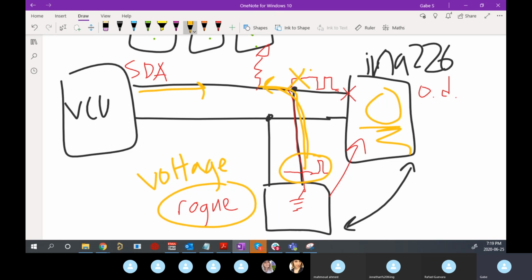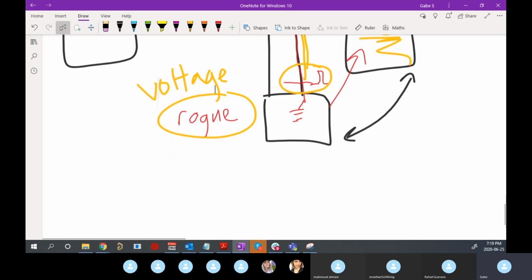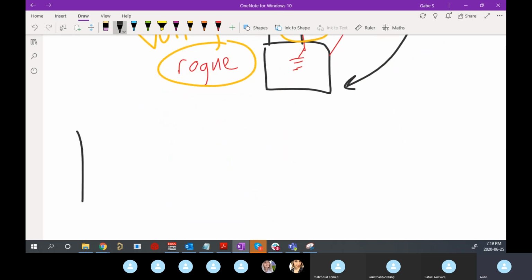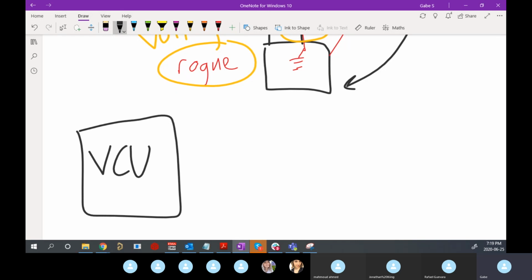For us, could we completely remove all I2C and use SPI and CAN instead? Or will there be situations where we must use it like an IC? Yeah, that's exactly right. You're very dependent on what your IC is going to use. If the IC you pick talks over I2C, you're not going to be able to talk to it over anything else. You have to obey by what it wants to talk to. The only way you could change that is if you have a microcontroller, you have a VCU. You also have